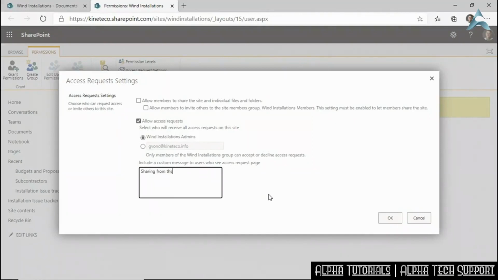Sharing from this site has been limited. For more information, contact the site owner. So users who end up on the access request page because they try to access the site will receive this message. I show you this for use in the rare cases where you don't want your users to be able